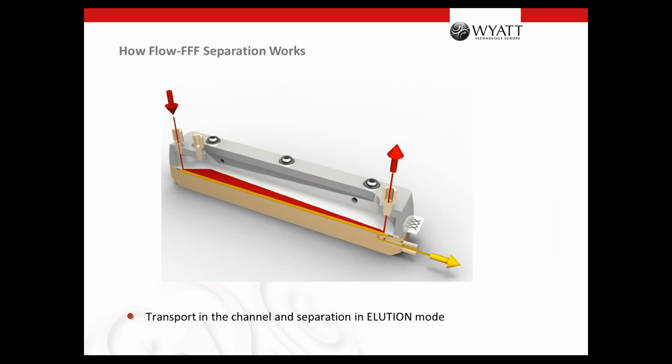So let us go more into detail on the separation. The separation, as I mentioned before, takes place here in this red zone. And the yellow flow here, that is the cross flow. What does that mean? When we pump in the flow here through the main channel inlet, we use one HPLC pump. This pump produces a flow of 4 milliliter per minute.